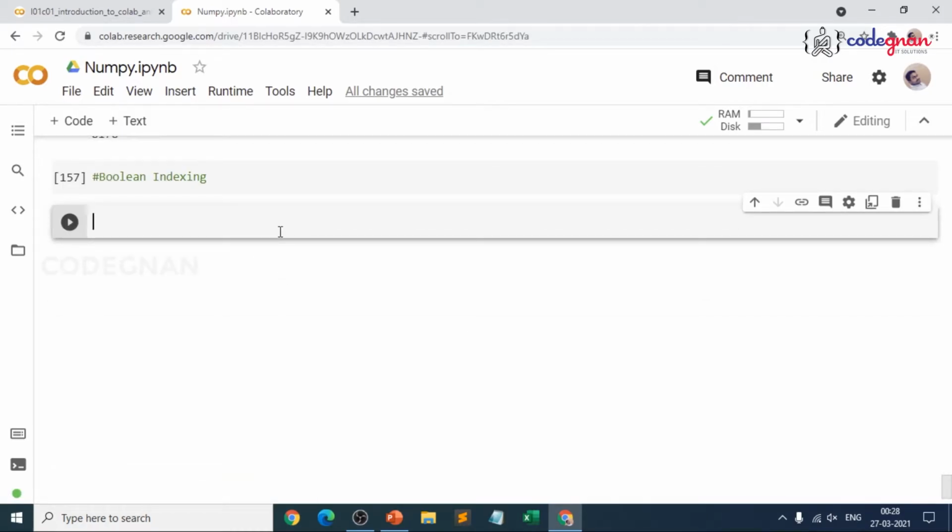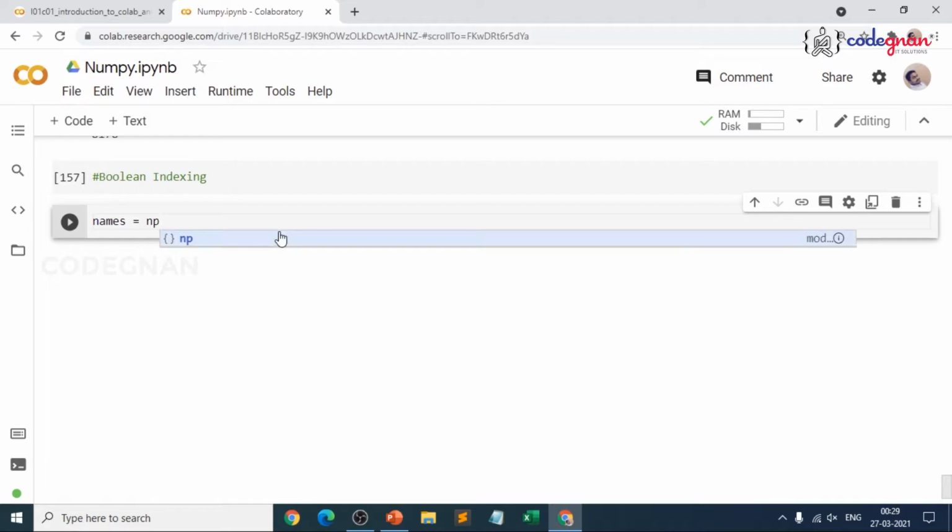So first, let's try to create an array with some names. Make sure you define some names as duplicates so that I can pass them as reference, and we'll try to find out where. If you see, and or operations, the same thing we have, right? In the same way, we can use those. We cannot use the keywords and or, but we can use the symbols. We'll just work on it.